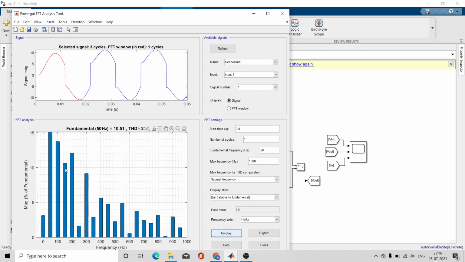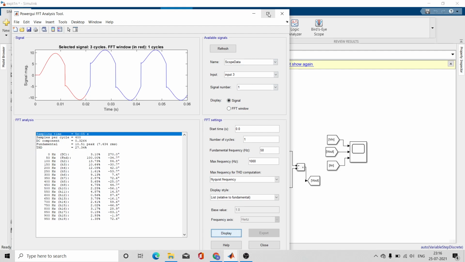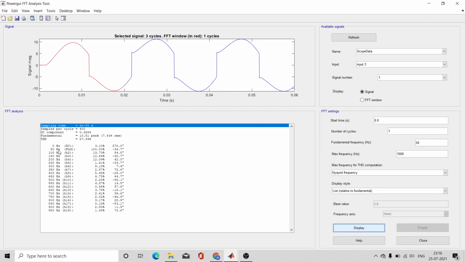If you want to see how much percentage of harmonics of different frequencies are there, you can just set the display style to list and click on display. You can see that along with the 50 hertz fundamental frequency, you have 100 hertz, that is the second harmonic, of this much percentage, the third harmonic, and all that you can check. And 0 hertz means what?